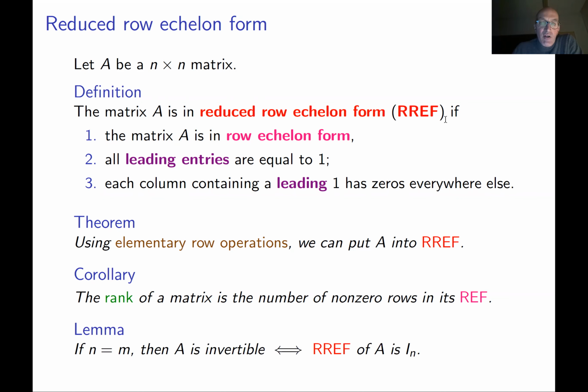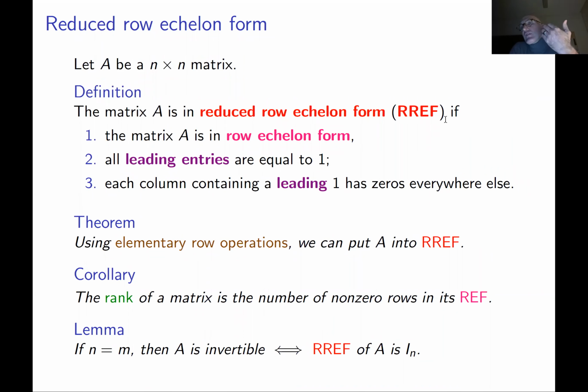Okay, and a special case is when we consider a square matrix. If you know that your matrix A is invertible, then its reduced row echelon form must be the identity. Basically, this follows from the definition of reduced row echelon form. So look, if your matrix is invertible, its kernel is trivial. Its kernel consists of the 0 vector. And it's square, by assumption here.